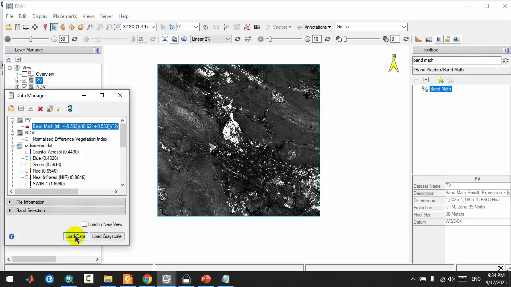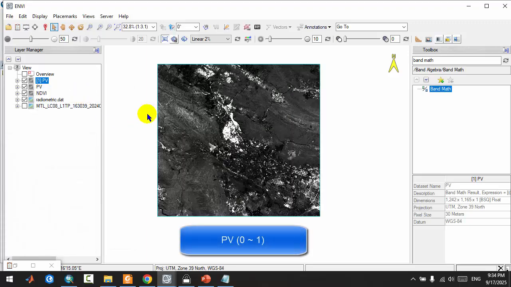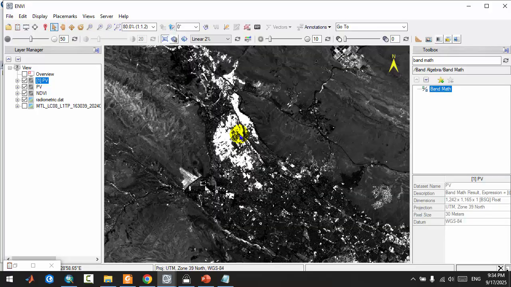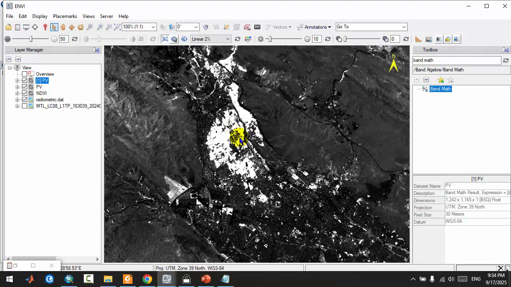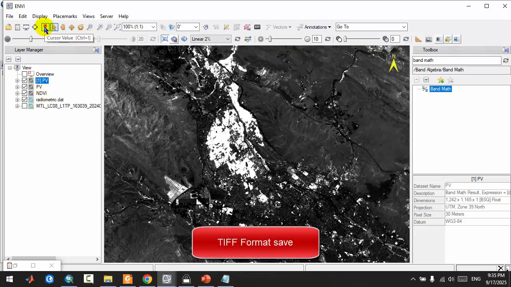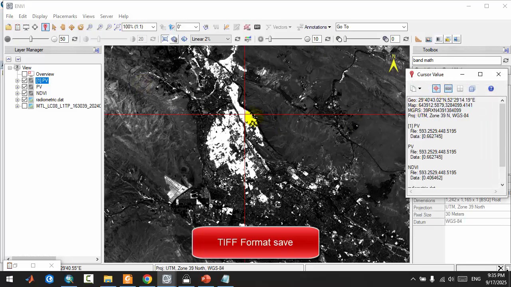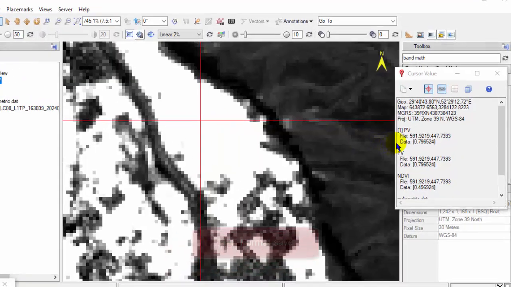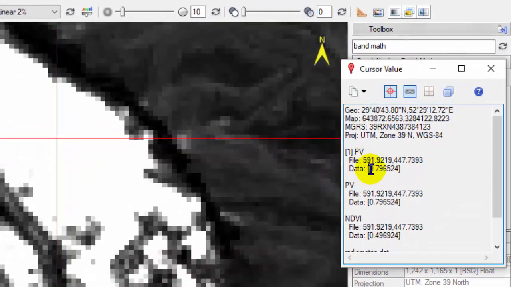Okay, PV, select band math, load data. Okay, this image is the proportion of vegetation. This is used for vegetation space, especially in the city area. Okay, this is gardening. Often the PV is between 0 to 1 with the cursor value. The white pixel is the PV high, PV data